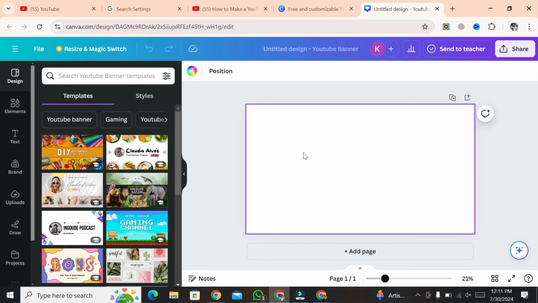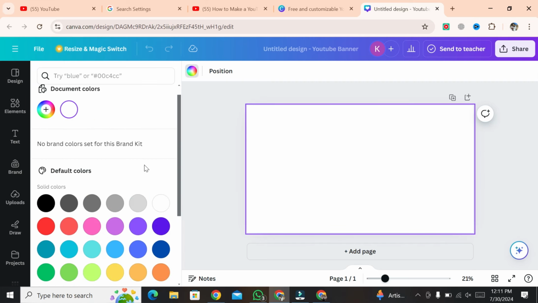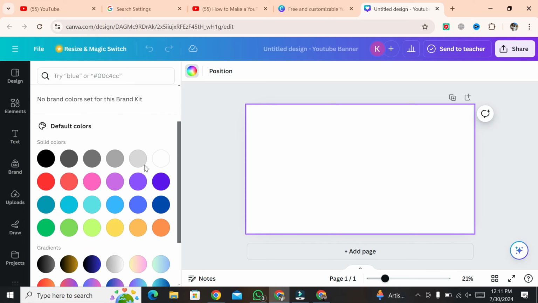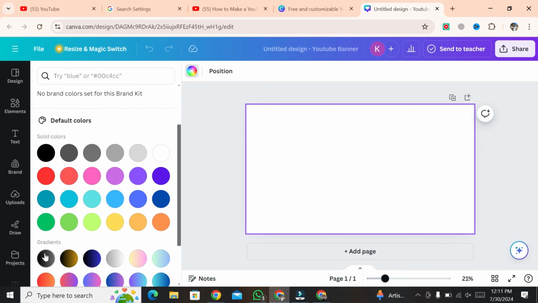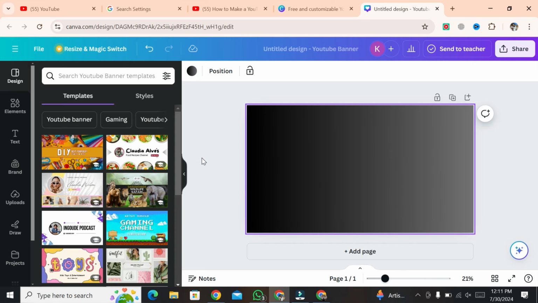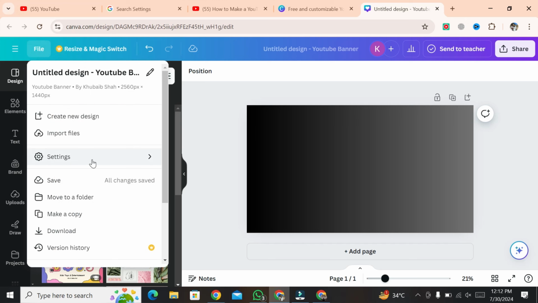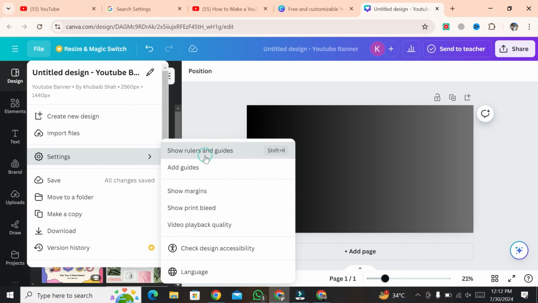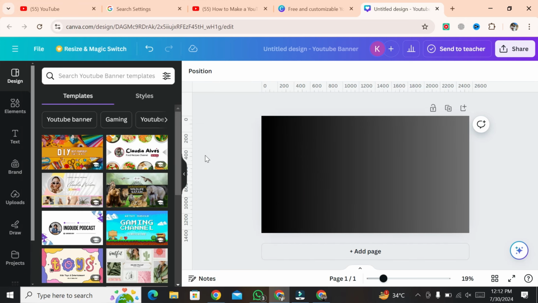First, let's change the white background to something more appealing. Now, to make sure our design fits perfectly on all devices, we need to use rulers and guides. If you don't see them, go to File > View, Settings > Show Rulers and Guides, or press Shift plus R. Next, drag the ruler to set guides at these positions: 2053,